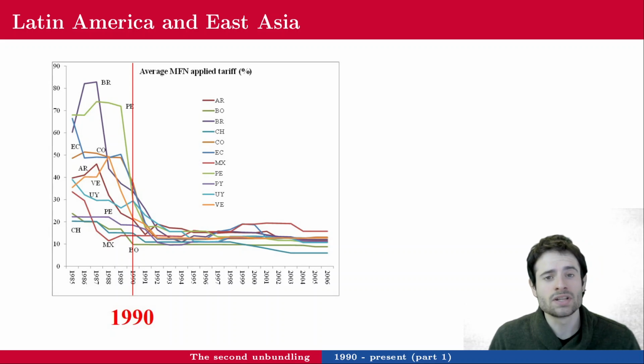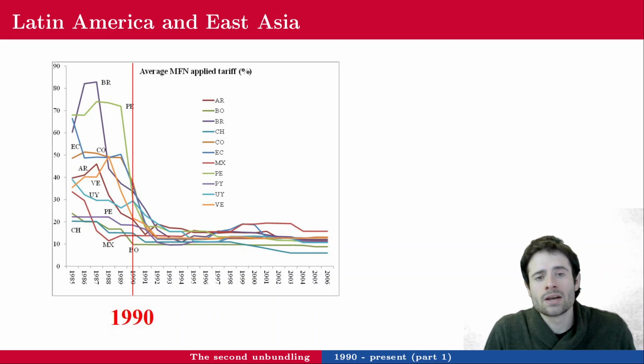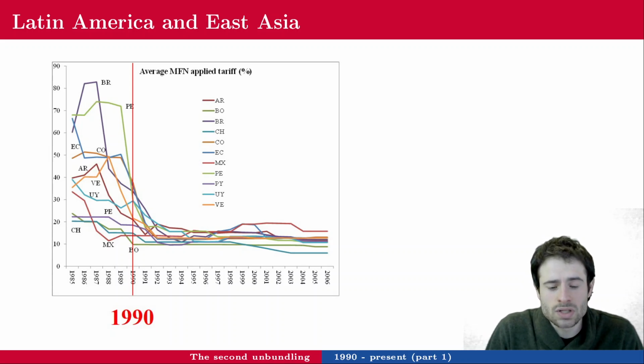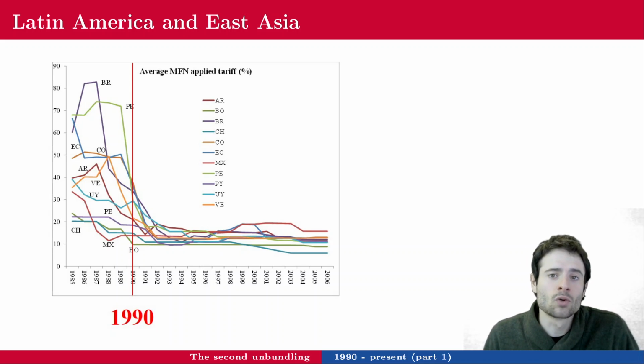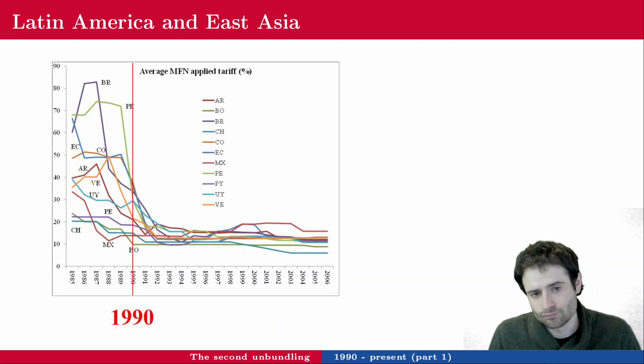So tariffs in the South decrease because of the lower communication costs. Now northern firms can transfer their know-how to those countries. Those countries have low wages, and since now they can also benefit from the know-how, northern firms can become more competitive due to lower wages. And so the idea is that those southern countries now will become the new factories of the world. So in order for them to sell the goods they produce abroad, they will need to reduce their tariffs. That's the idea.